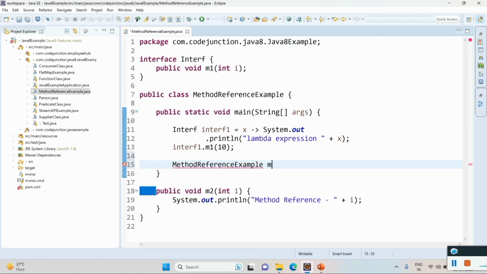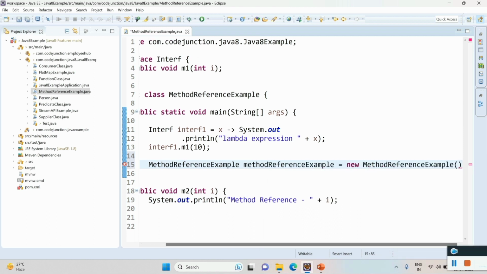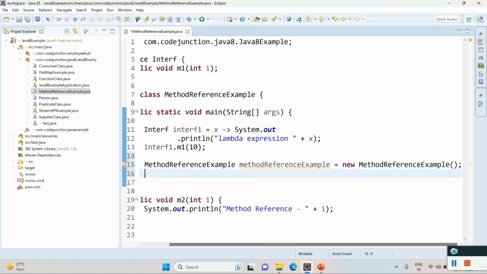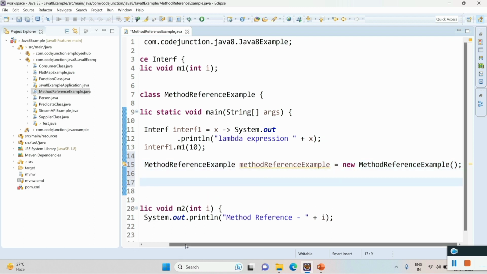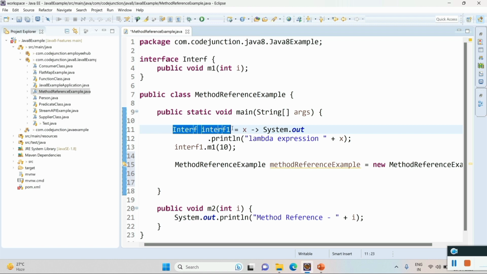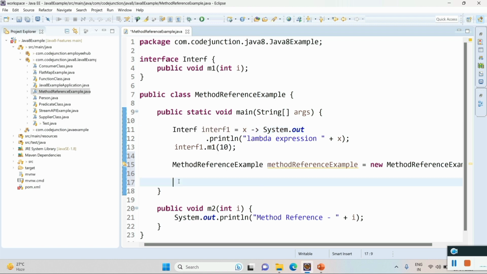So, method reference example is equal to new, and what we can do, we can assign an instance method instead of lambda expression. So this is the object that we have created, double colon, and